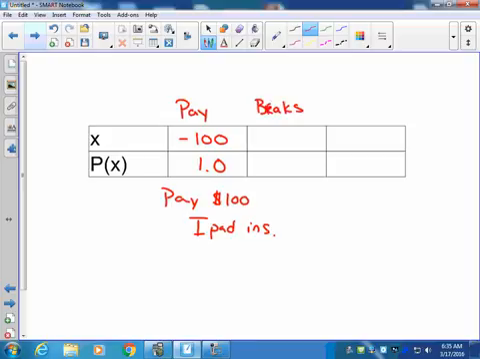What happens if it breaks? Let's fix that real quick. What happens if it breaks? And what happens if it does not? Now, if this is like a casino game, it would just be what happens if you win and what happens if you lose. So now, for this iPad insurance situation, if the iPad breaks, you have saved yourself the amount